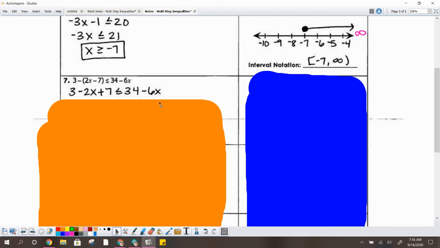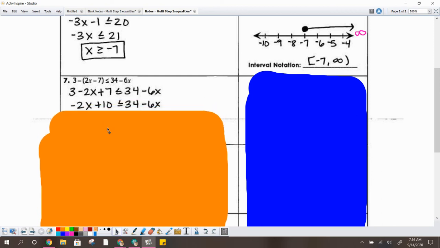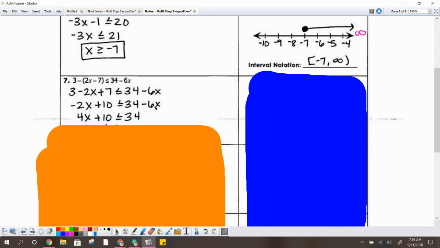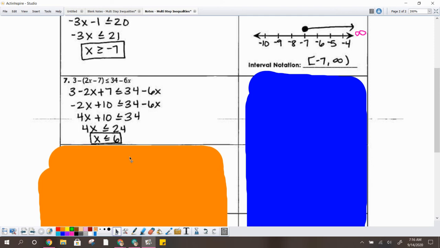And now I would combine like terms and then move things around. So we combine our like terms to get 3 plus 7 is 10. Now I can go ahead and move my x values. Since this -6 is smaller, I am going to move that one. So 4x plus 10 is less than or equal to 34. Solve it as usual. 4x is less than or equal to 24,